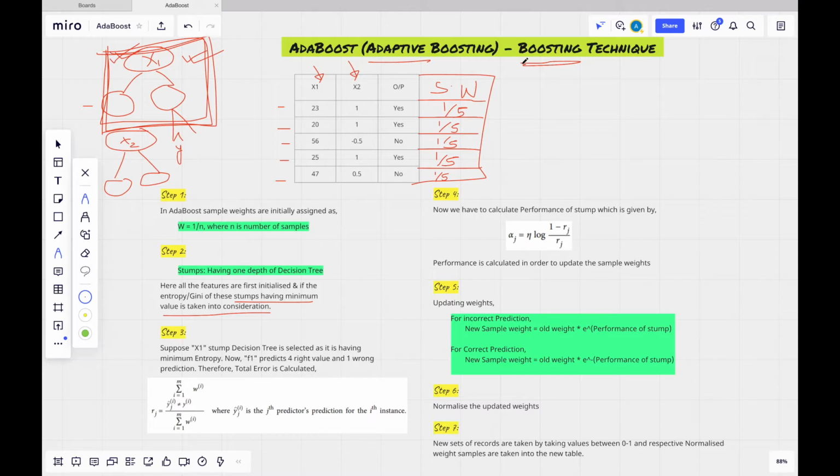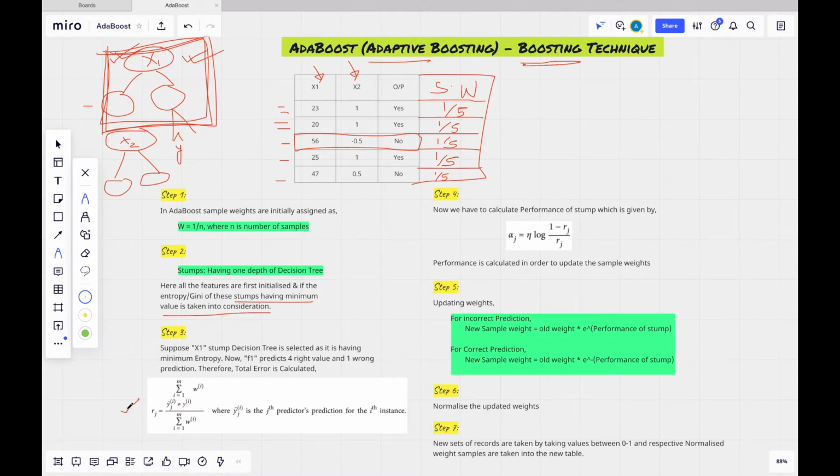So our next step is to get the incorrect samples. Let us suppose for this record the output was no, but using this stump we got yes, so it is an incorrect prediction. Out of these 5 records, we got one record as incorrect.